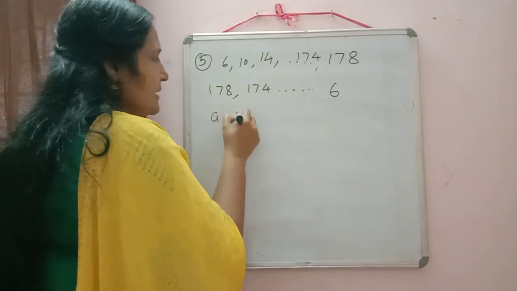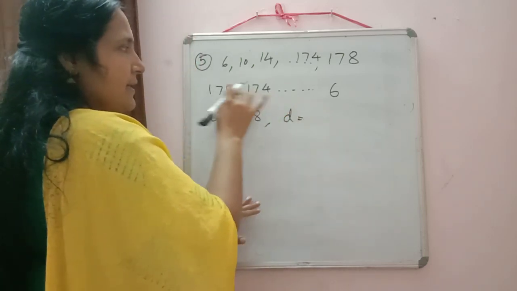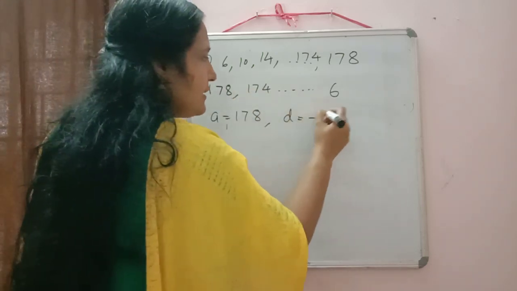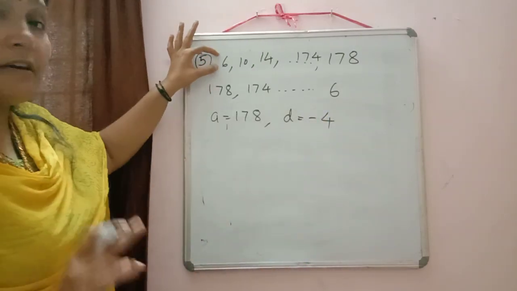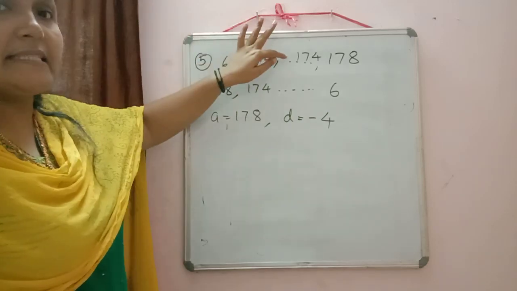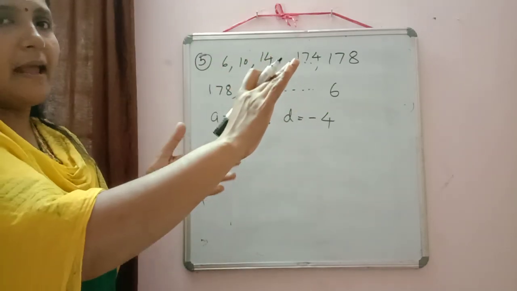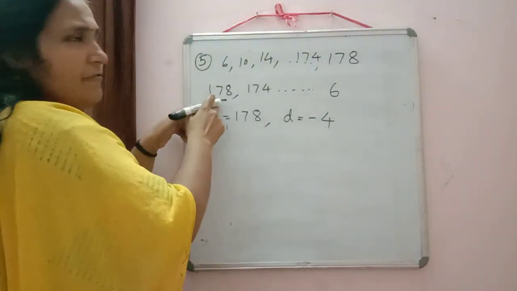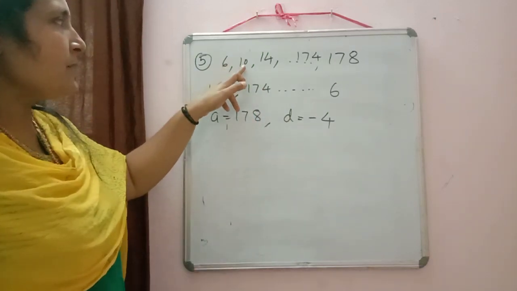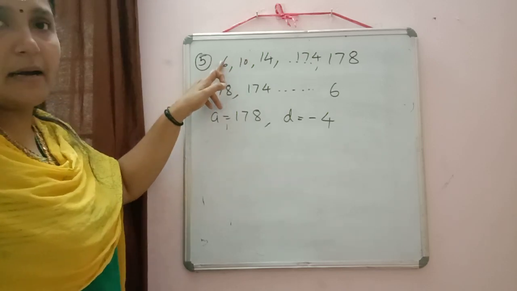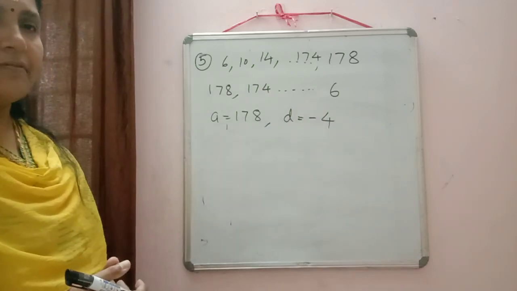So here we have A is equal to 178 and D is equal to 174 minus 178. So that will be equal to minus 4. Method is clear to you? We have to find out the 15th term, but not from the starting. We have to find out from the end. So what we did? We reversed our AP. We wrote the last term first there and then one more term we wrote to check the common difference. Here you can check. If you will check from here, 10 minus 6 will come 4. But if we are writing from the end, our common difference will be negative there.